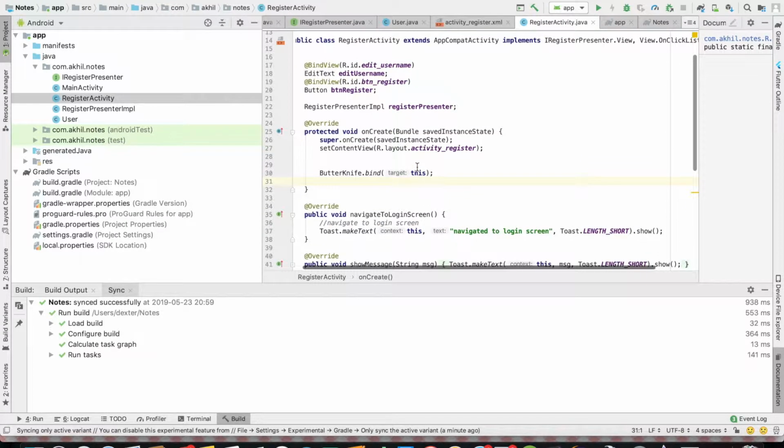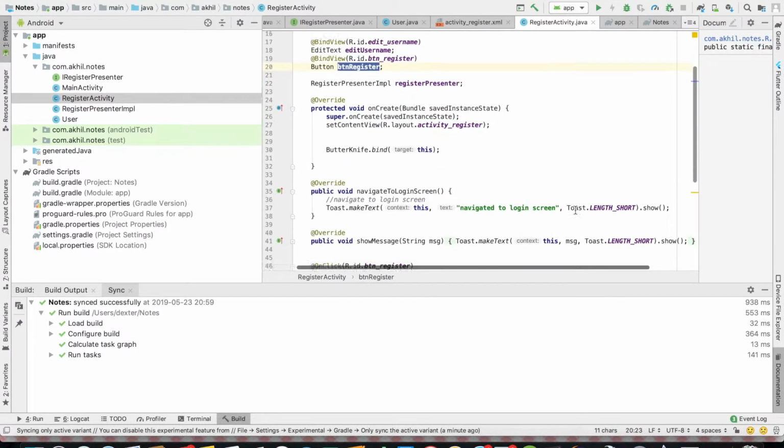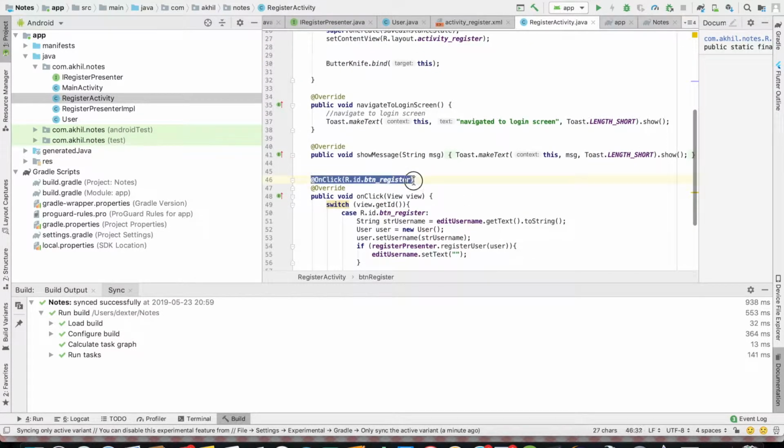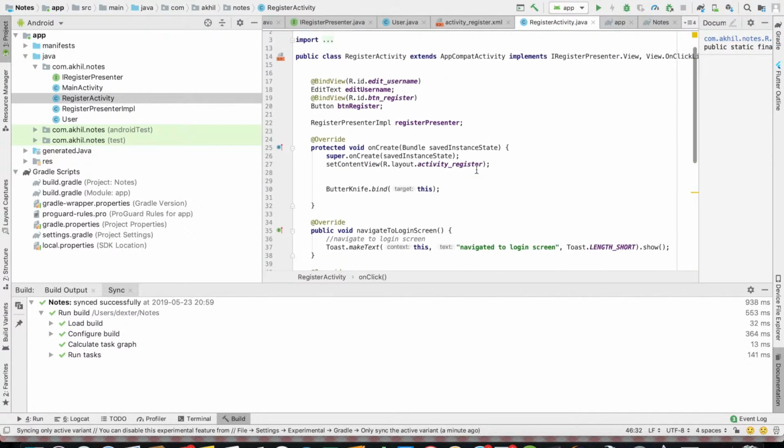Okay, that's it. Also, you can see here that we have deleted this button register setOnClickListener. Instead of that, we have added this OnClick. Okay, so using this OnClick annotation also, you can tell that on the button click event this method is going to be called. That's it. So we'll run this application,